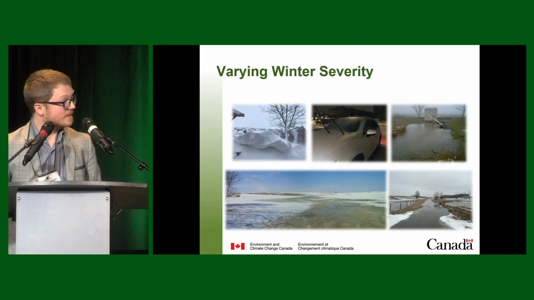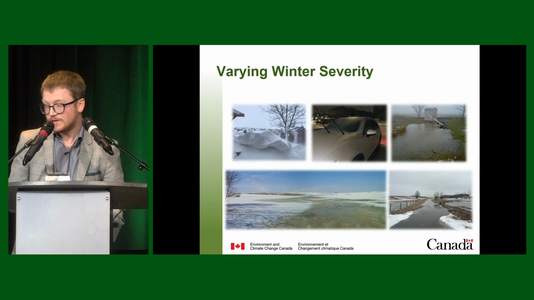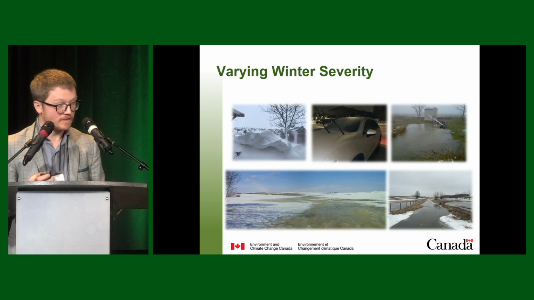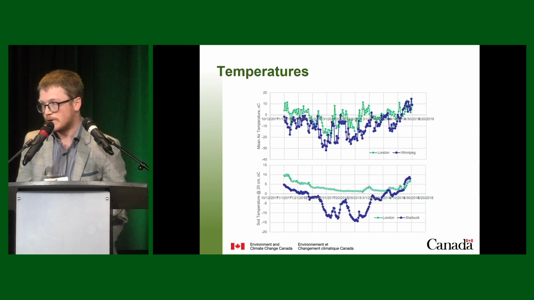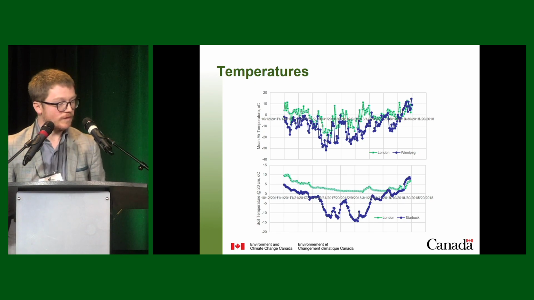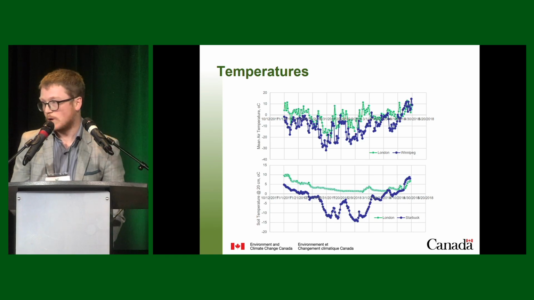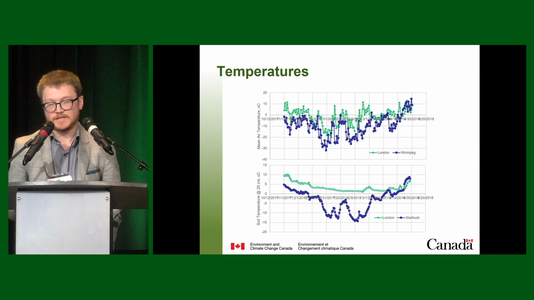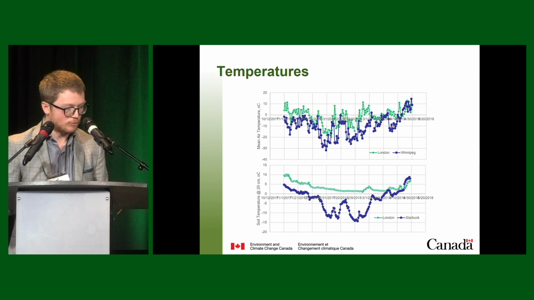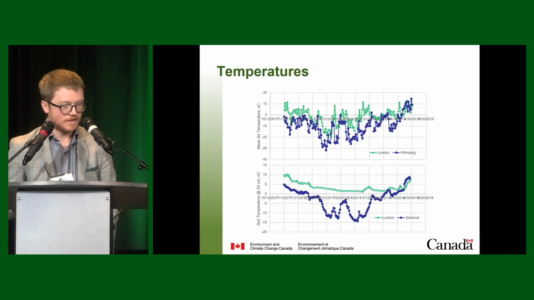We also know that the winter season is different across the prairies. So we see differing winter conditions, differing snowmelt across Canada. And I just want to look at some of those differences and what makes, again, the Canadian prairies unique. So if we look at both air temperature and soil temperature at a 20 centimeter depth at two sites, one London, Ontario in the teal bars, and then two locations in Manitoba as the dark blue. And this is reporting a period from roughly October 2017 until May of 2018.